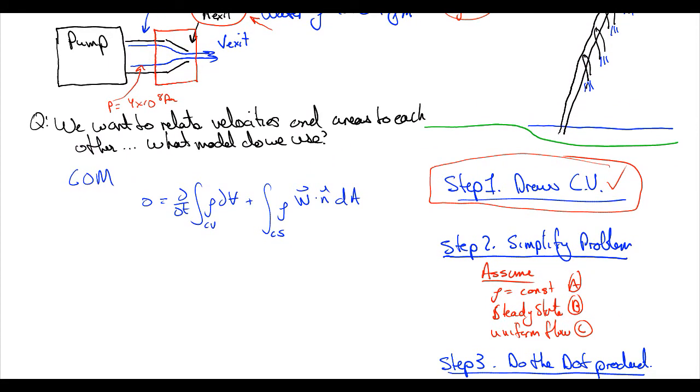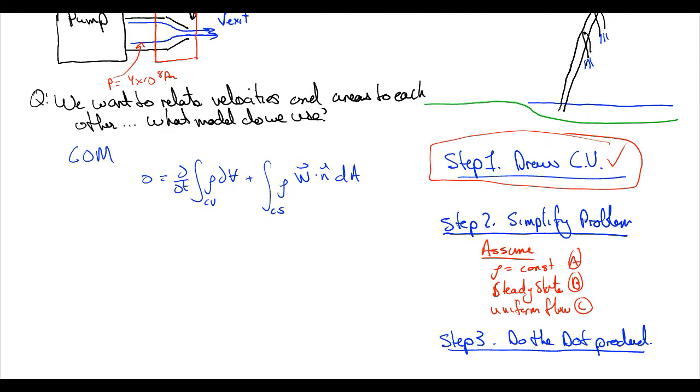So if we do that, steady state allows us to say that this is equal to 0. So that's B. Density is equal to a constant, so that we can take our density out here. But it's equal to 0, so we can just divide out that density. And that's due to A. And we can get rid of the integral due to